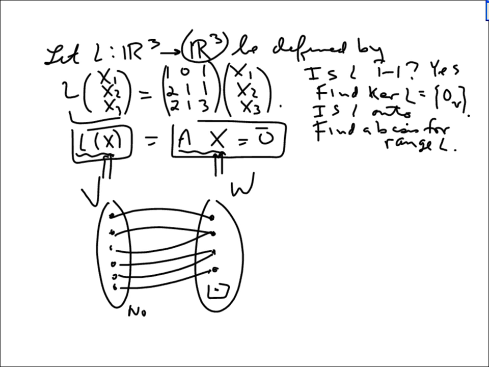This is not onto. Onto talks about the range W. For every value in W, can you find an element in V that goes to